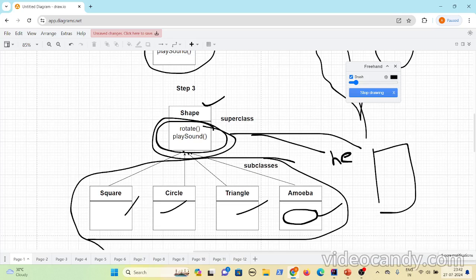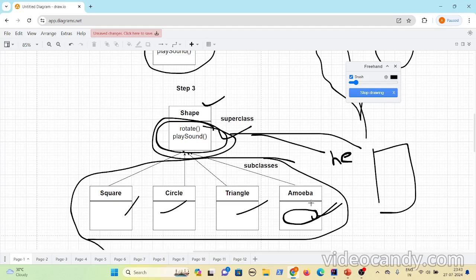In this case, what Java says is, though the subclasses can inherit and use methods or variables present in the superclass, they themselves can override the behavior present in the superclass, or they can extend the behavior, which means they can have their own behavior without using the superclass behavior, and they can also use the parent's behavior along with the specific behavior of the subclass.